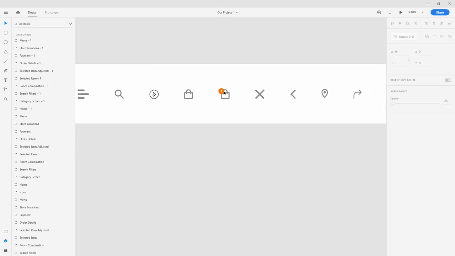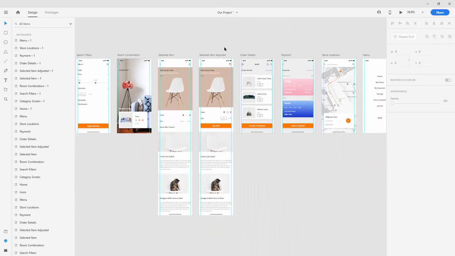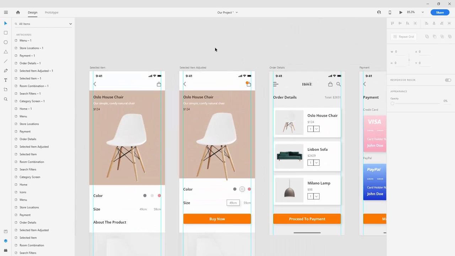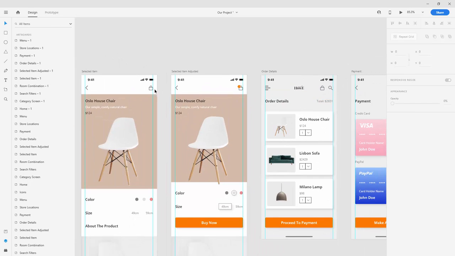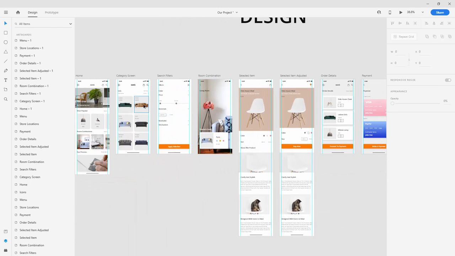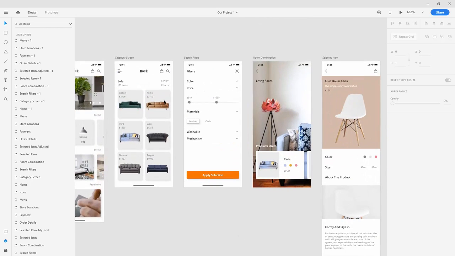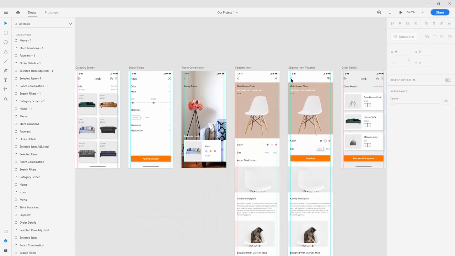So now we have this icon, and this is exactly what I was talking about. A lot of the times you might encounter these issues, but you just want to deal with them as they come along. So for example, now that we have a filled cart icon, we can include it in some other places. So maybe they added an item to cart from here, so they might have clicked here, jumped to this page for this couch, add it to cart, and then go back to home,